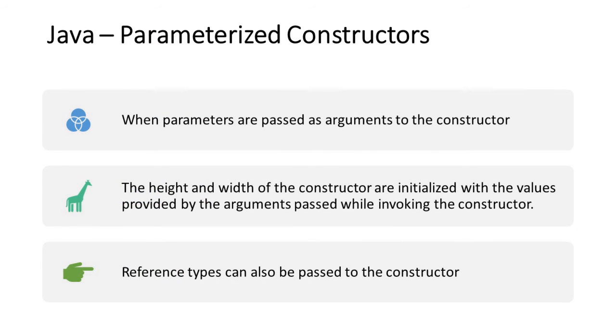Coming to the parameterized constructor, in the previous example we have seen that while initializing a Box object, all the parameters of the objects were initialized with similar values. A parameterized constructor, on the other hand, is used when a programmer wishes to add different parameters to the constructor. Let us consider another example.